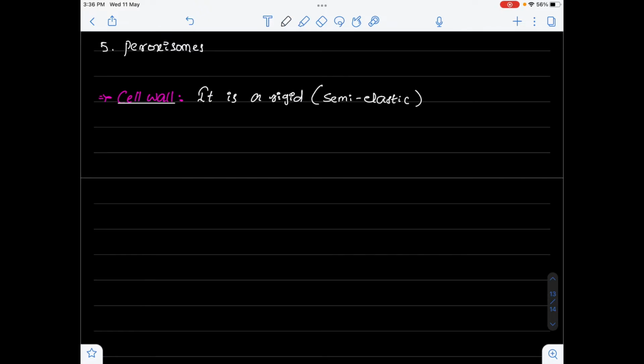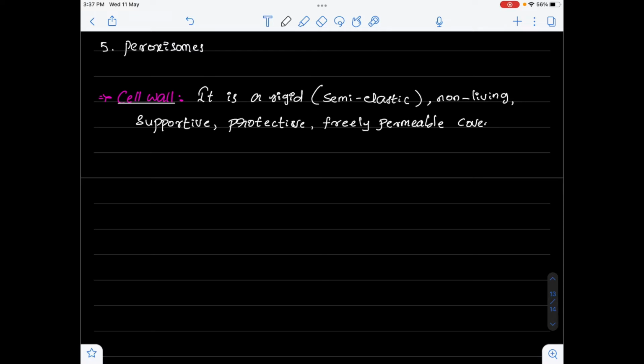Cell wall is a rigid, semi-elastic, non-living, supportive, protective, freely permeable covering present outside the plasma membrane